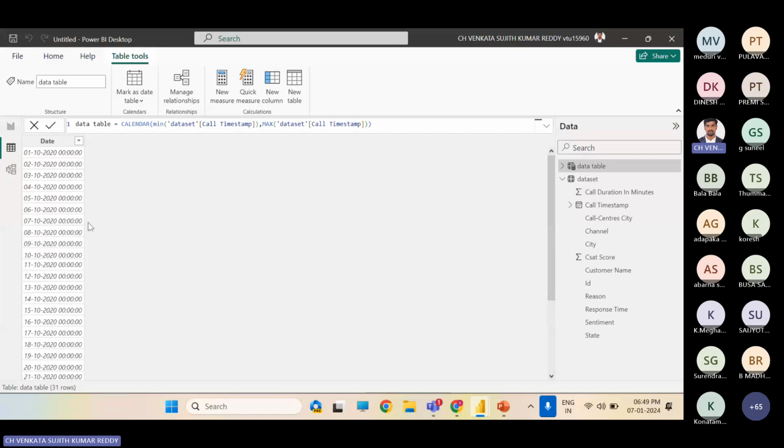So I have got my result from the existing dataset. From this dataset table, we got this output.